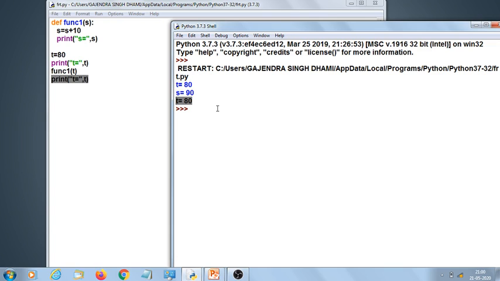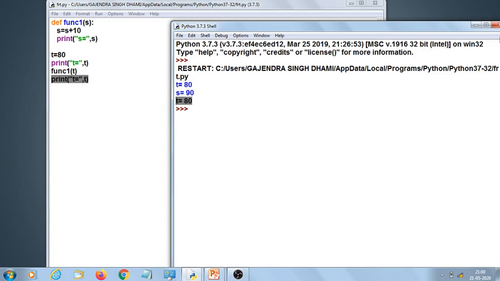Clear? That means in case of your normal variables like int, float, boolean, when you pass the value and you change the value inside the function body, the changes are done in the function body itself, but these are not reflected back to the original value passed to the function. This is the summary.